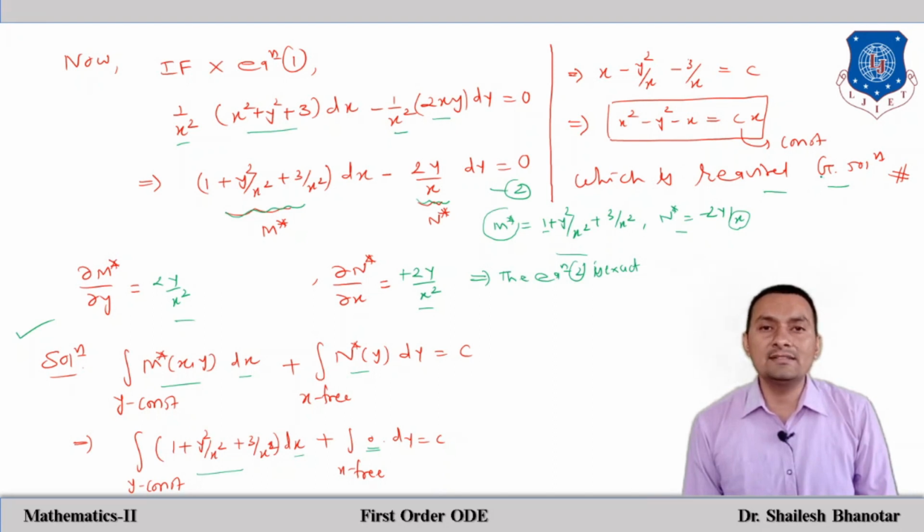Why is it known as the general solution? Already we have discussed that a general solution has a number of arbitrary constants equal to the order of the differential equation. So dy by dx means the order is 1, and therefore the arbitrary constants must be 1 in the solution, and that is what we have, and therefore it is known as the general solution.